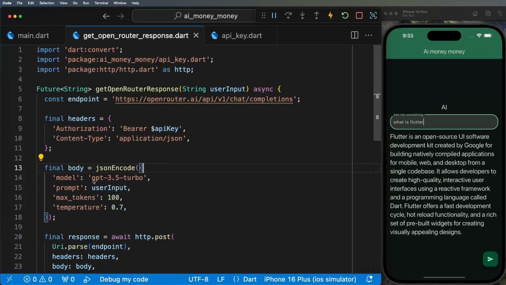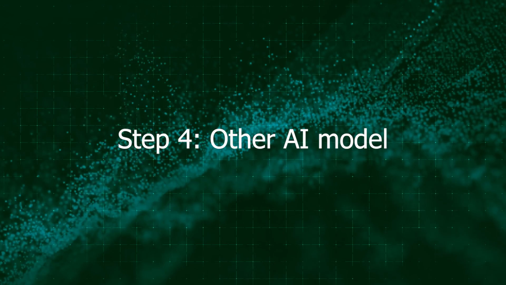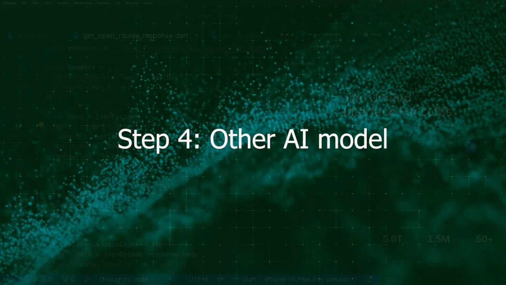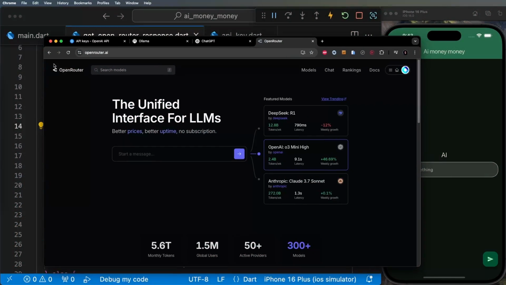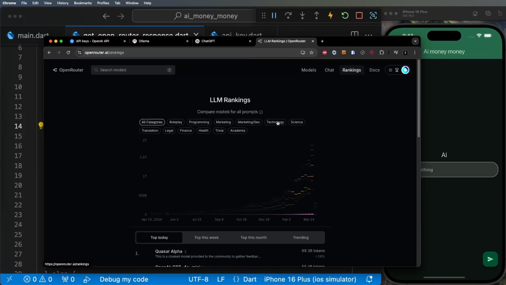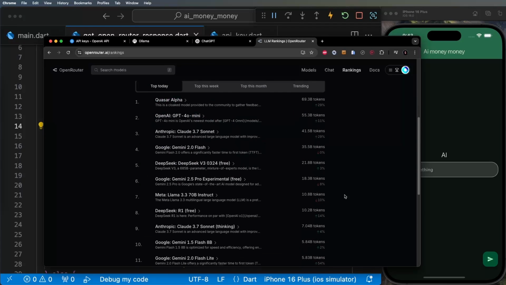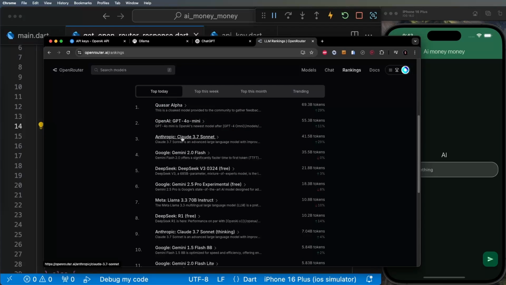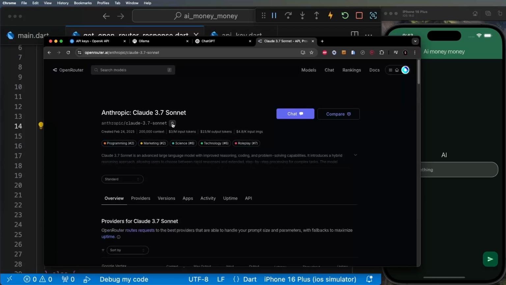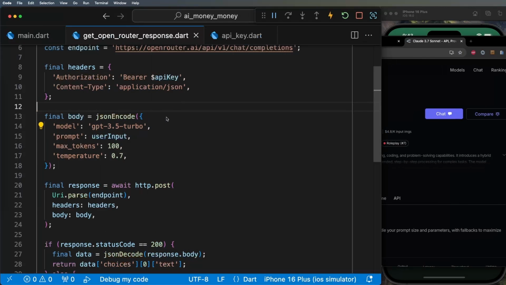One thing I need to tell you is currently we are using the model GPT 3.5 Turbo. But what if you don't want to use ChatGPT 3.5 and you want to use something else? You can go back inside Open Router, you can go inside ranking, you will see all the models available, and you can scroll down. For example, let's take Claude 3.7. I will copy the model ID, I will go back inside the code, replace the model, refresh the application, and